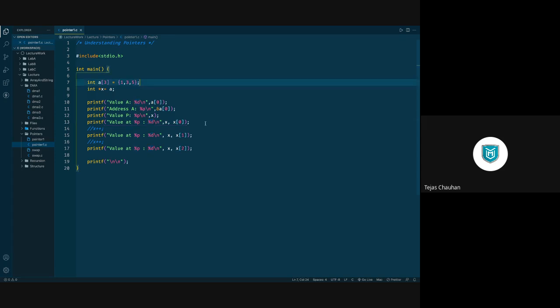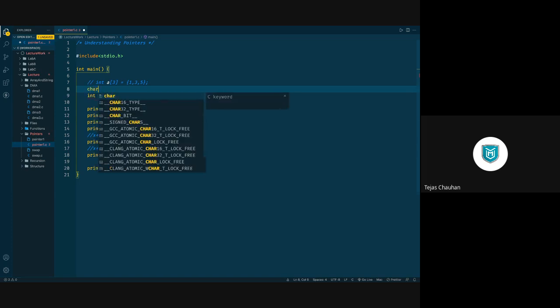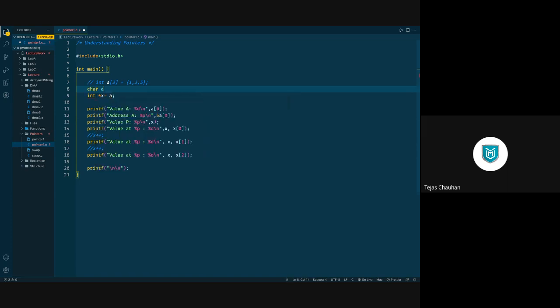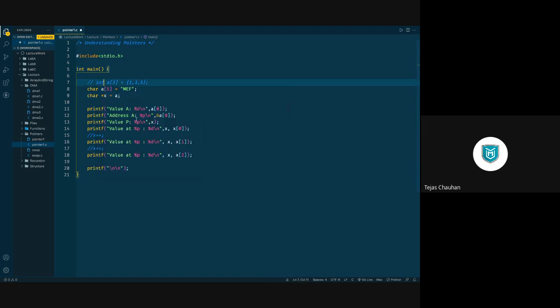Very quickly, if you want to have a look at that, I can show you. Instead of integer, we are going to say it's a character. A of, let's say 5, but I'll go for only 3 characters here, MEF. So we have a string, and we have a pointer variable. This is going to be the character pointer.